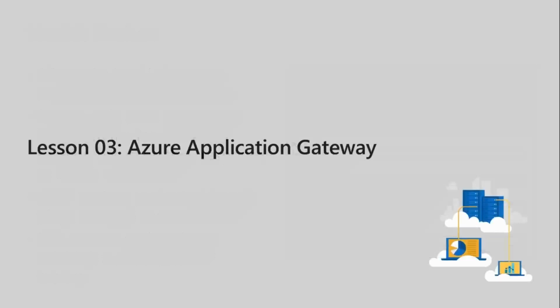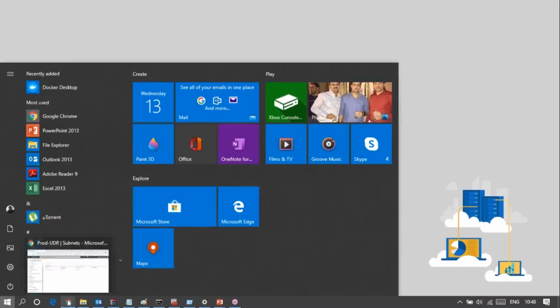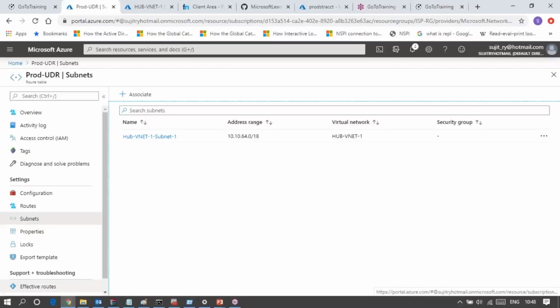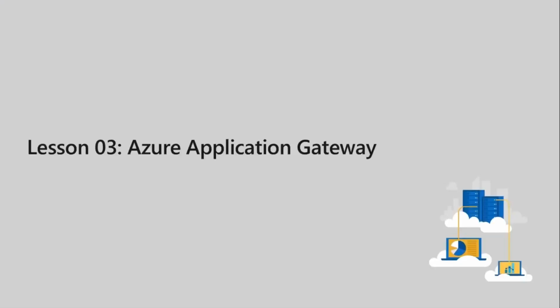Azure Application Gateway. Before we go to the Azure Application Gateway, I will configure the load balancer in my portal. An audience member asks: is there any specific mechanism to set round robin or best client server health type of configuration, and how does it distribute load to the backend VMs?